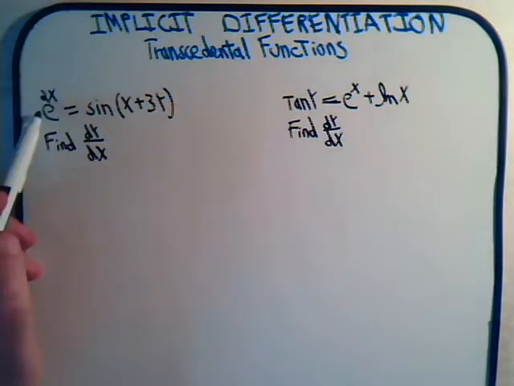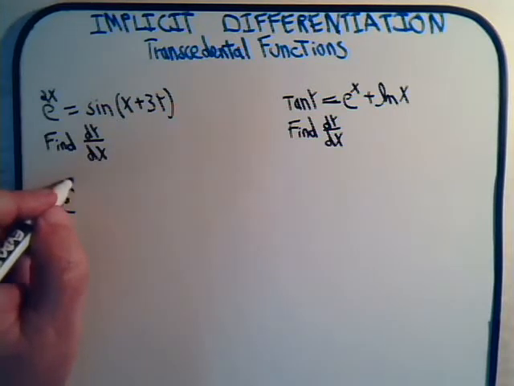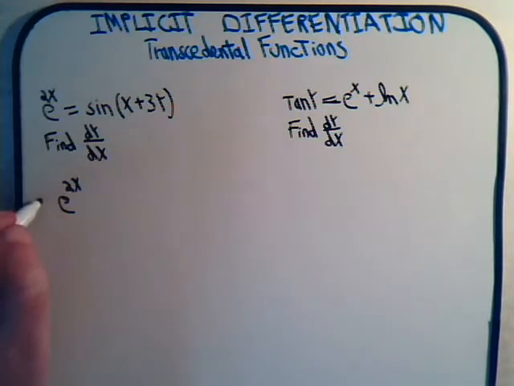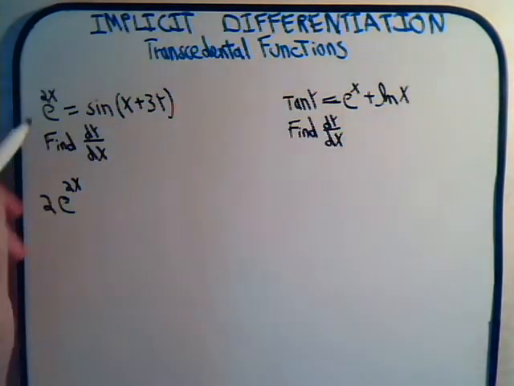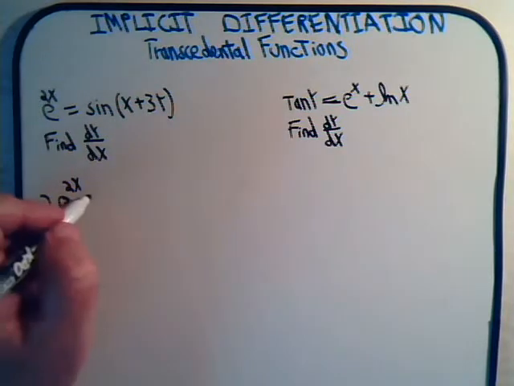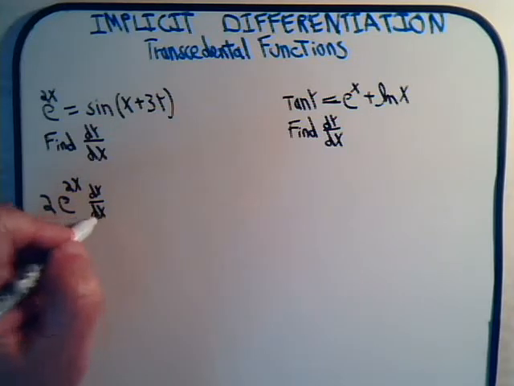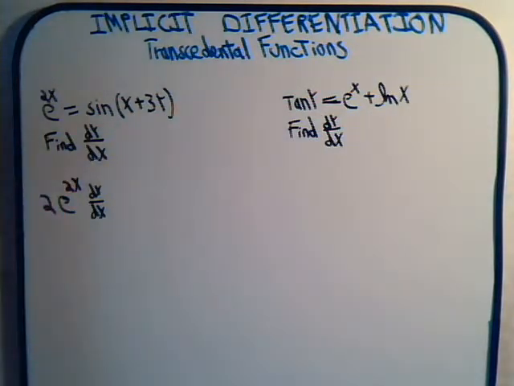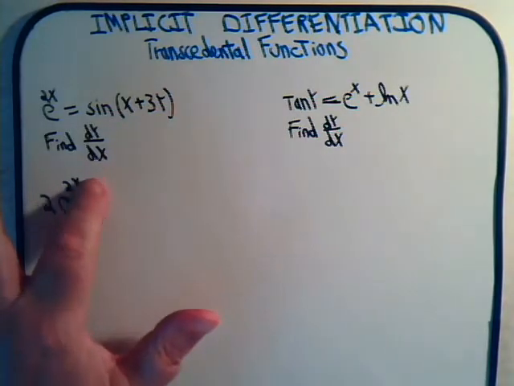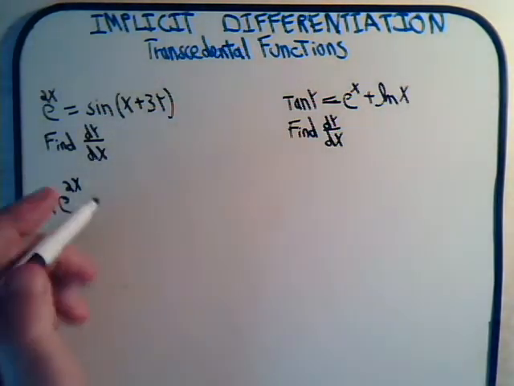So if we take the derivative of this, that would be e to the 2x times 2. Now if we wanted to be real formal, we would say it's e to the 2x times the derivative of 2x, which would be 2 times dx/dx. We're taking derivatives with respect to x. Of course, this is just 1, so we typically don't bother to write that down. And that will equal